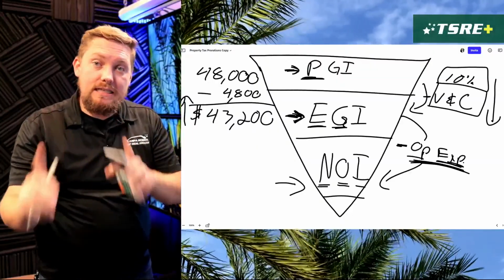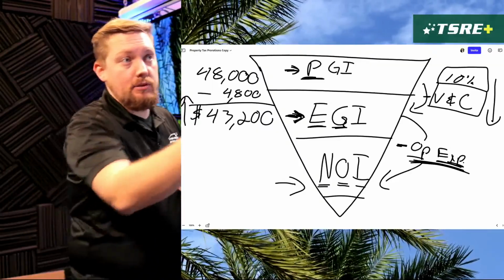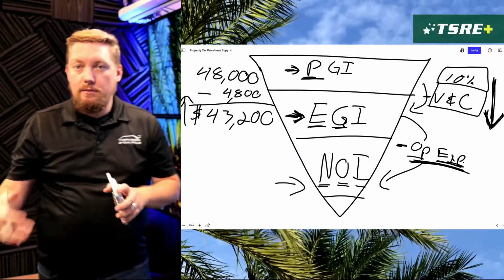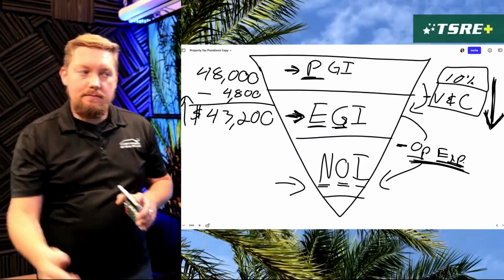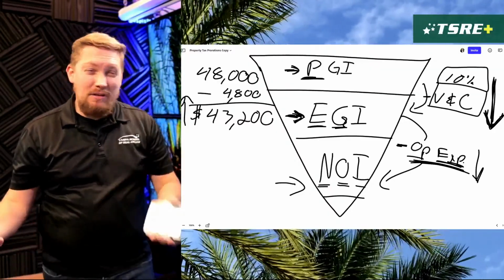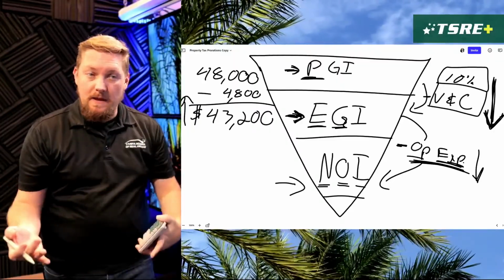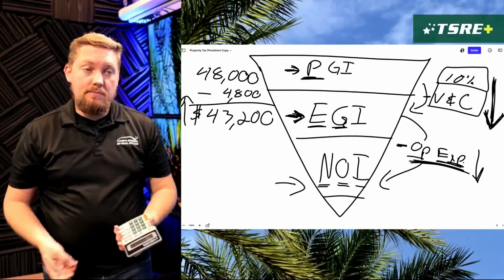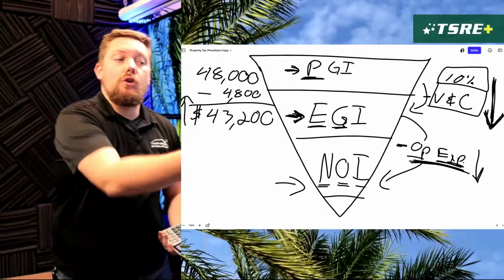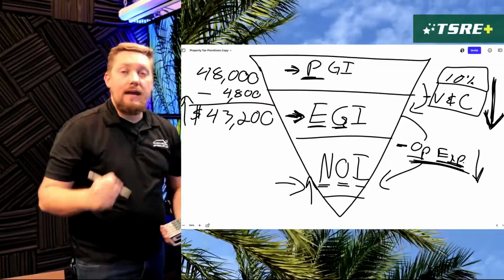But you don't even necessarily have to charge more rent right off the bat, because you might be able to reduce vacancy and collection losses simply by improving the management of the property. Same thing with the operating expenses. If you could reduce the amount of expenses, not much you could really do about the property taxes, but maintenance cost, other expenses that are involved with operating the property, maybe getting a better deal on the insurance for the property, whatever it may be. Those could all reduce the operating expense, which is going to increase the net operating income.